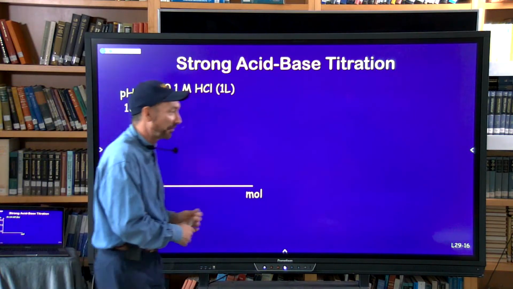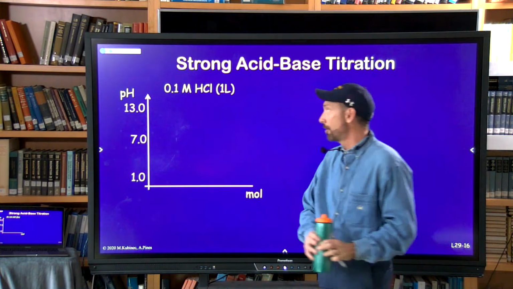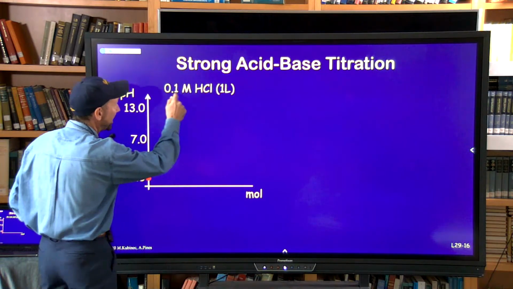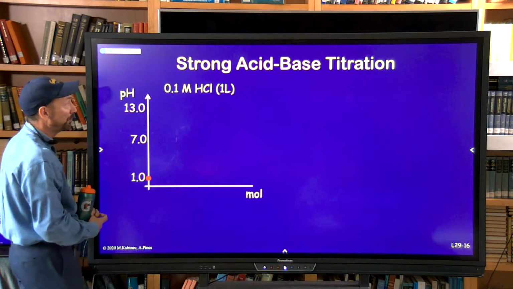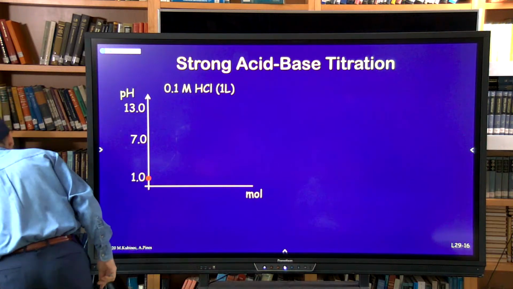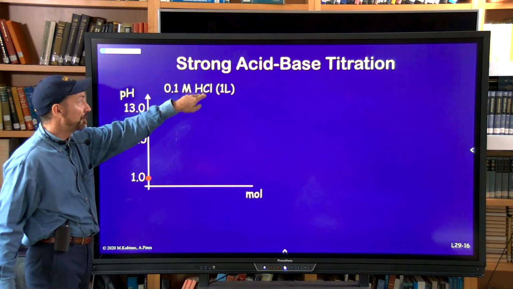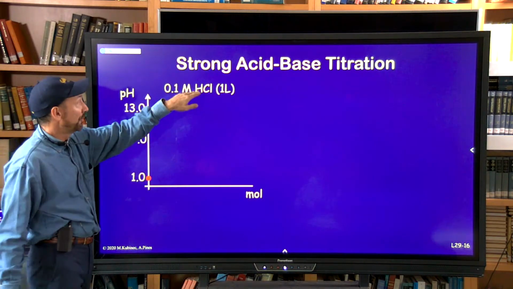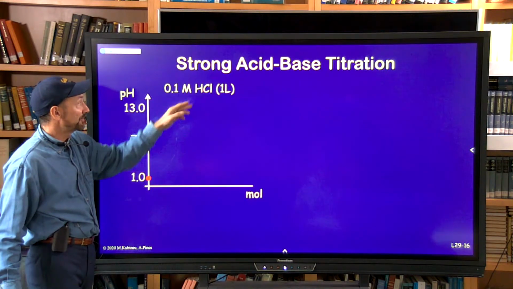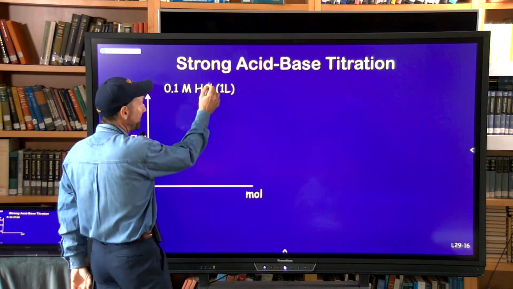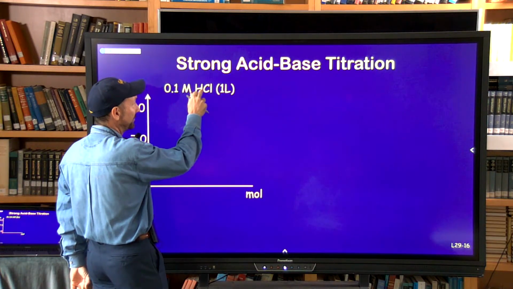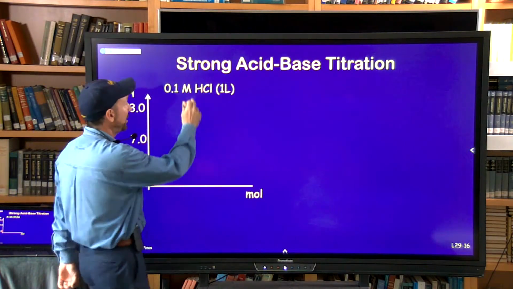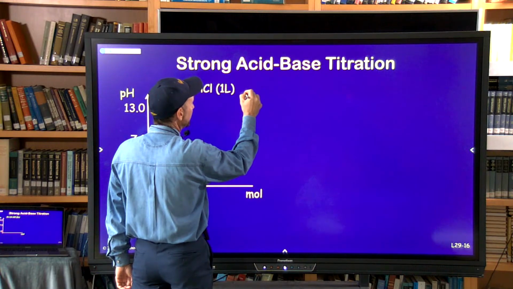Okay, let's start mixing them together. We're going to mix together a strong acid and a strong base. If you start out with 0.1 molar HCl, every single one of those protons comes off the HCl. This totally dissociates. It's a strong acid. You will not have a K infinite. So K infinite means every single proton comes off and ends up on a water. So if you put in 0.1 moles of HCl to 1 liter of water, all the protons come off,